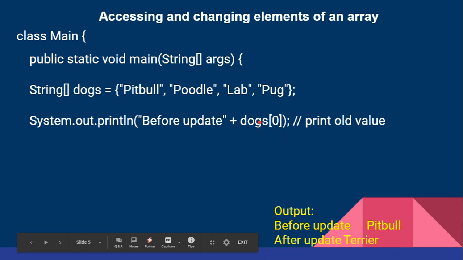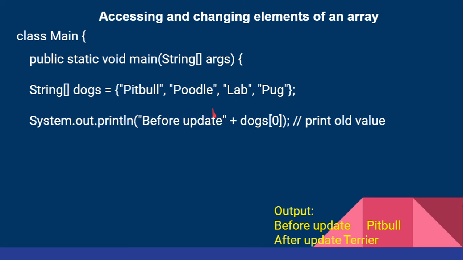So here dogs of 0, actually this is pitbull. We know that the array index starts with the 0 element. This is dogs of 0, dogs of 1, dogs of 2 and dogs of 3. Okay, and now if I use this print statement to print the values, like before update, this is the message